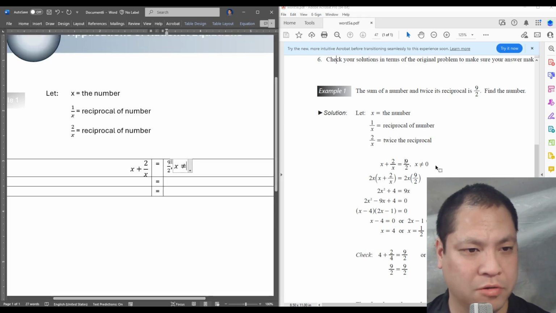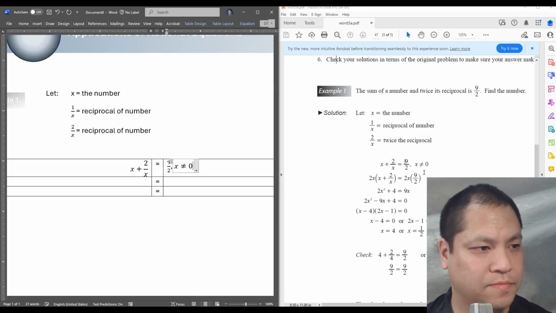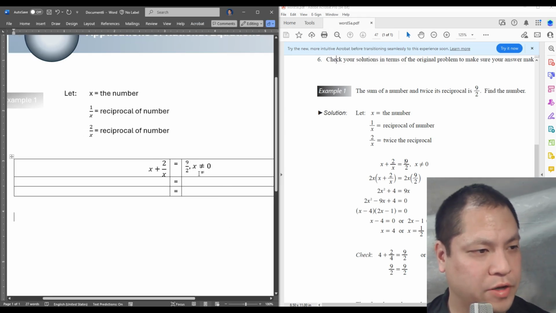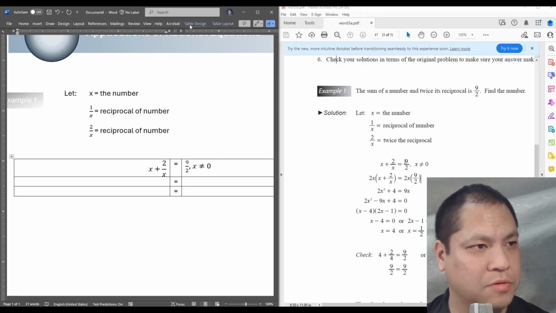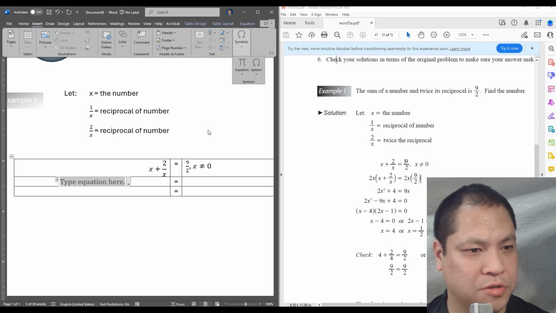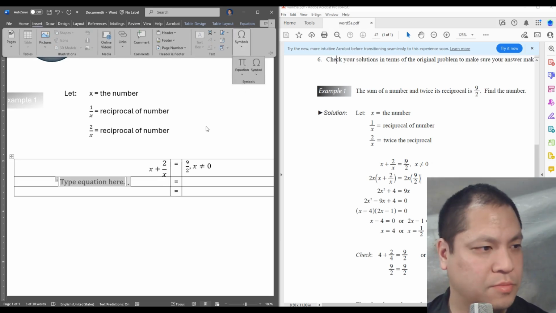Okay, and x is not equal to 0. There we go. Okay, perfect. Let's go to the next one here. And so we're inserting another symbol. Insert another equation, excuse me. So 2x, type in just 2x,